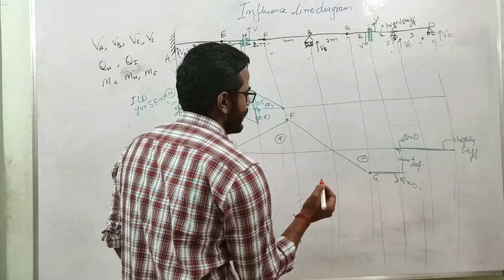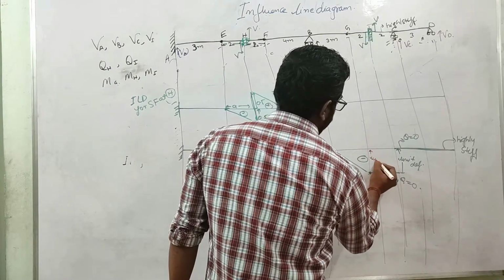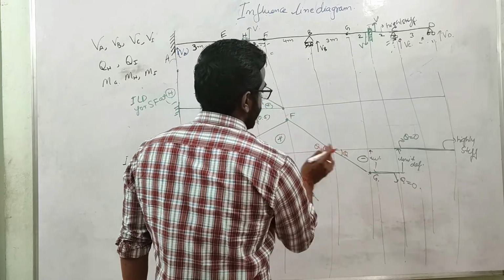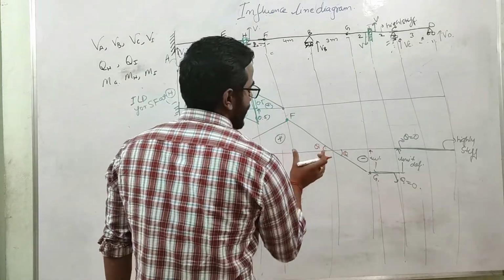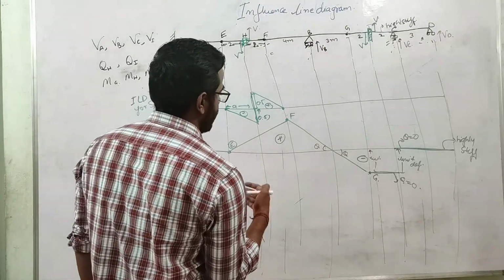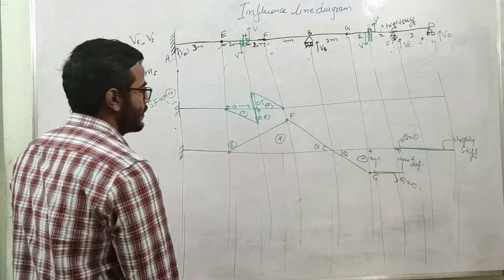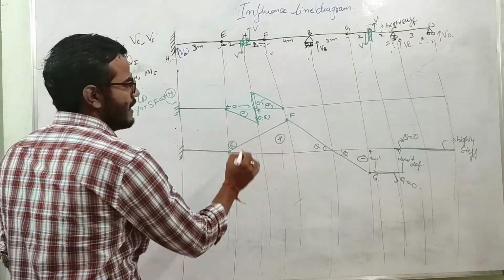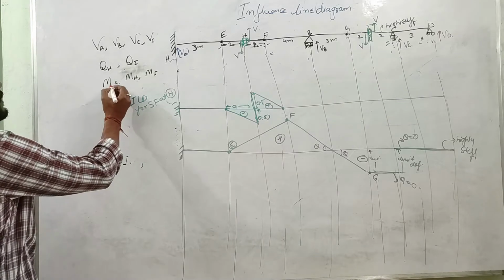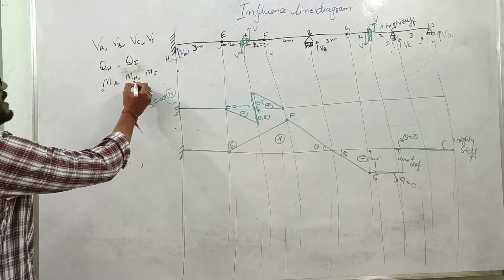And you can calculate the ordinate easily. This is unit again. This theta you can find. Similarly, this theta you can find. These both are equal. Okay, this ordinate you can find with the help of Pythagoras theorem or sine law, tan law, cos law. Okay, and you can find the ordinate very easily, right? So now the next part of the problem will be the moment influence line for the moment at point A, H and I.